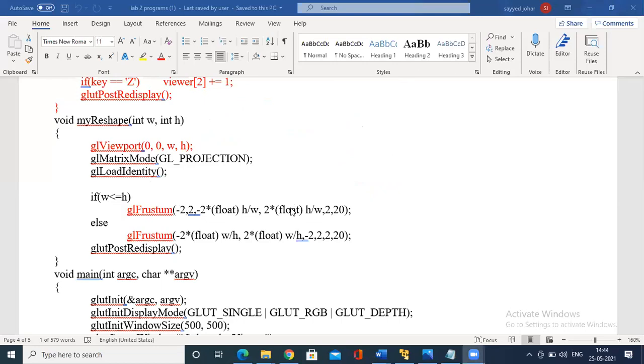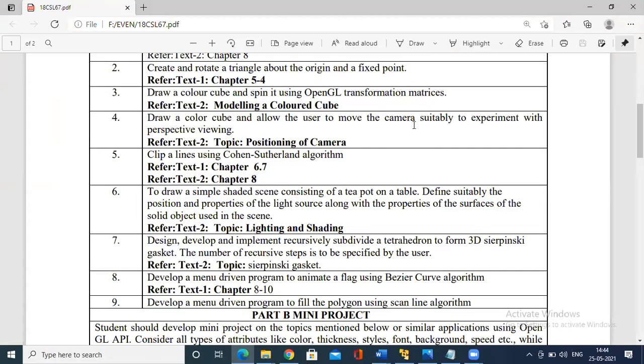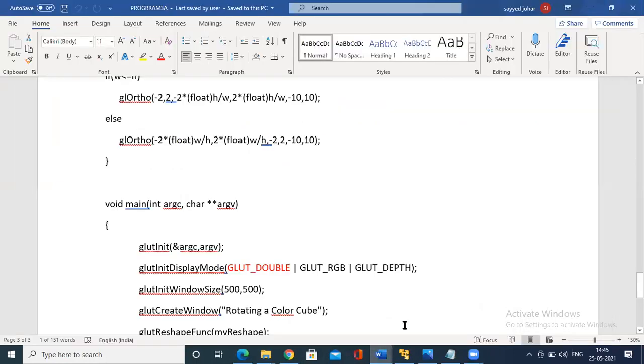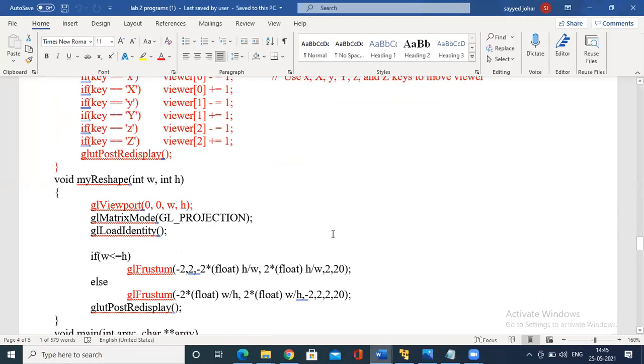With that, you should be able to follow. Why I have given this program is because, parallelly, we could complete this program related to the cube, so that we find it easy. Later on, we can have discussions. In fact, I could do this program when we complete viewing, but as of now there is not much change. You only use the lookat function in myreshape function, with the change with respect to the glOrtho orthographic projection.